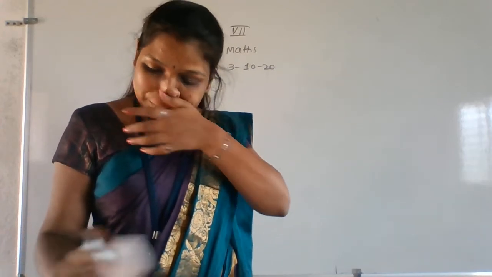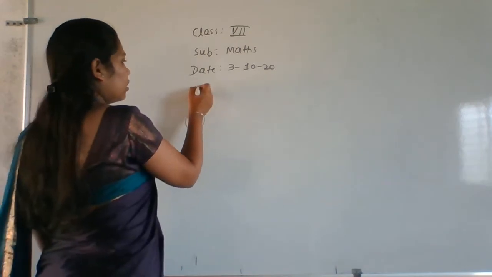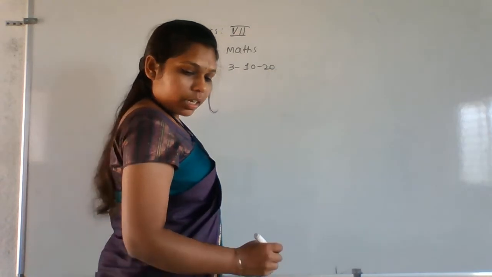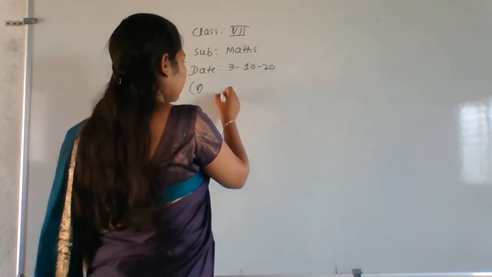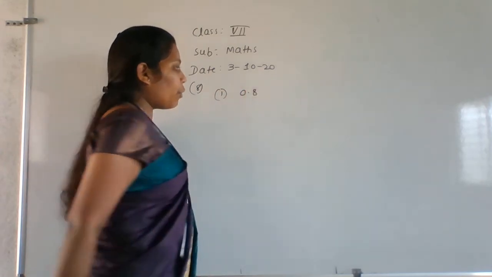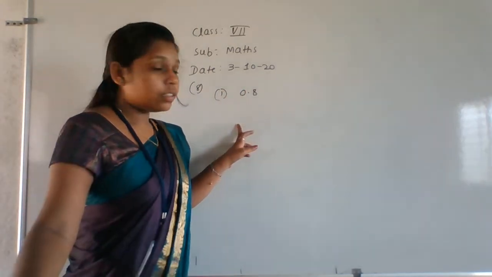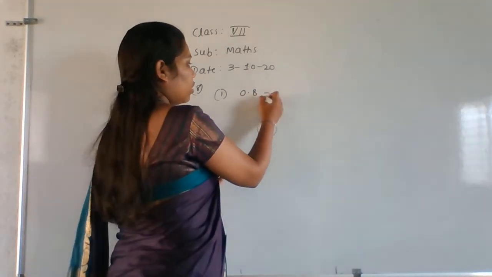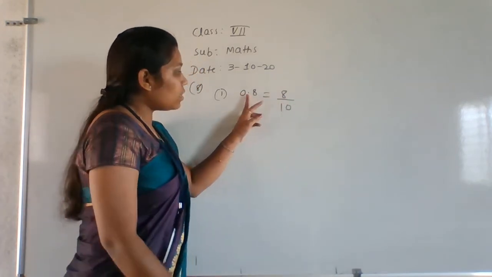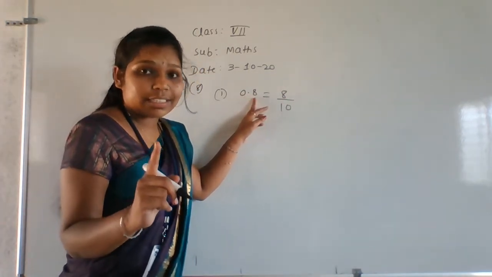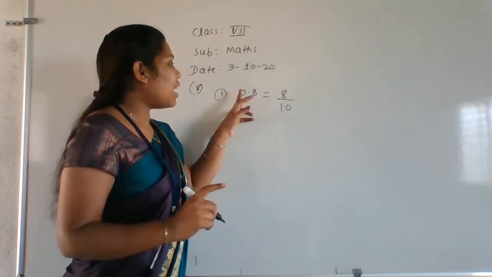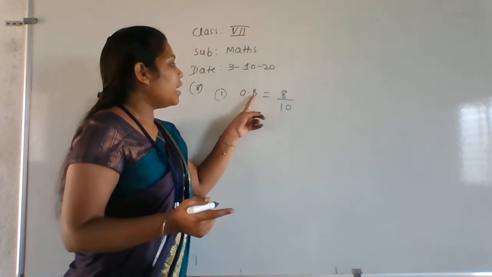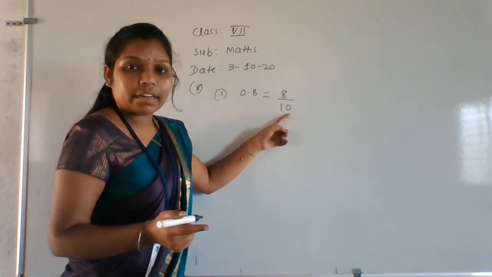So that is the 8th main. What is the 8th question here? Convert to fraction in the simplest form, that is 0.8. You have to convert this decimal number into a fraction first, that is 8 by 10. Here, after the decimal point only one number is there, that's why I am writing a 10 here. If after the decimal point there are 2 numbers, then you write 100. How many numbers are there, that many zeros you have to write in the denominator.